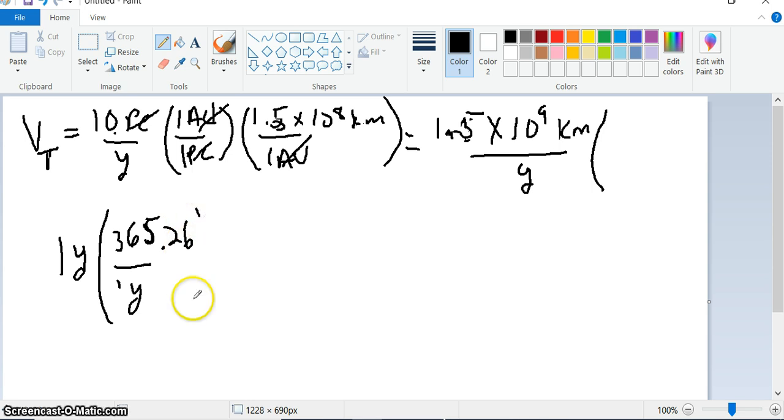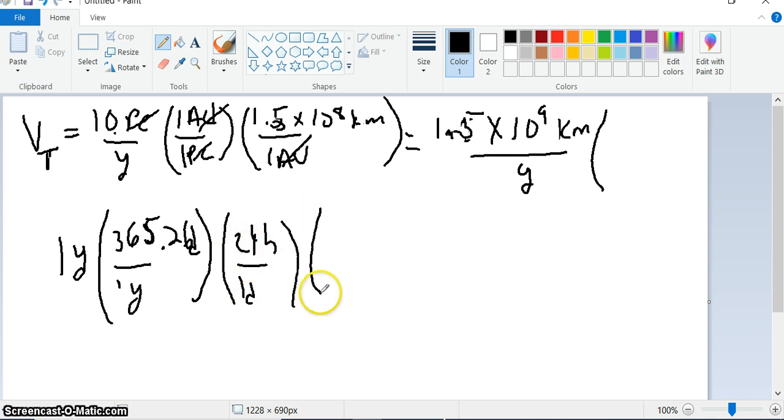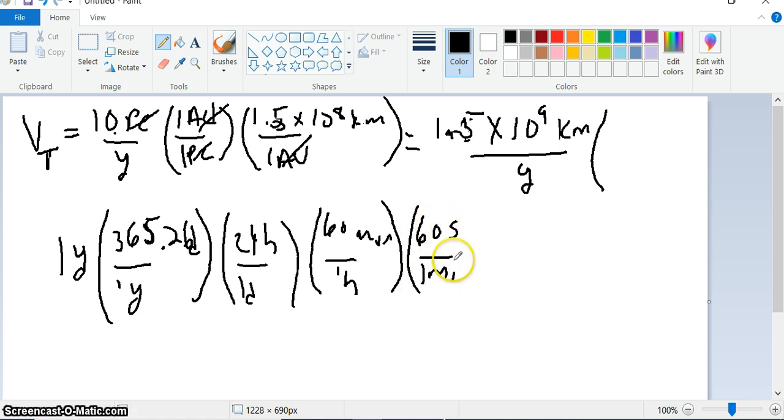In 1 day there are 24 hours, and in 1 hour there are 60 minutes. Remember to use min for minutes to distinguish it from meters. And of course there are 60 seconds in 1 minute. The hours cancel, the days cancel, and the years cancel, and so you multiply